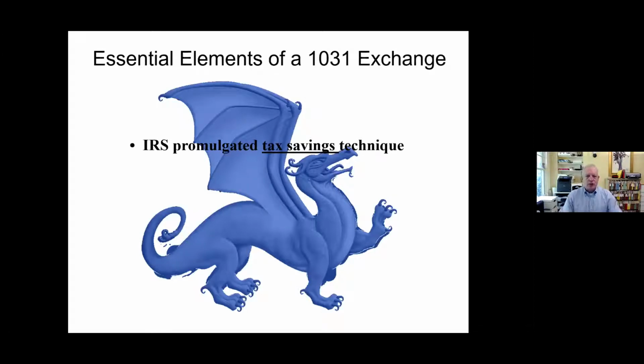And of course, there was a chuckle in the room, and yes, the IRS knows it. Not only do we have the code section, but we have regulations that support it. We have private letter rulings, we have technical advice memorandums, and ultimately we have court cases. And all of this body of tax law gives us a pretty good range of operating